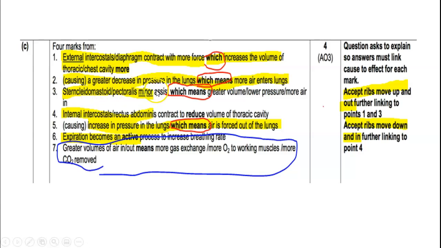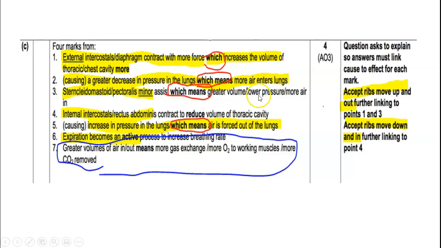Sternocleidomastoid, pectoralis minor, assist or contract. Those two will get you your first points. And then if you talked about that, then increasing the thoracic cavity volume more, and you talked about it decreasing the pressure more and allowing more air to go in, you will have got yourself your 2 marks for